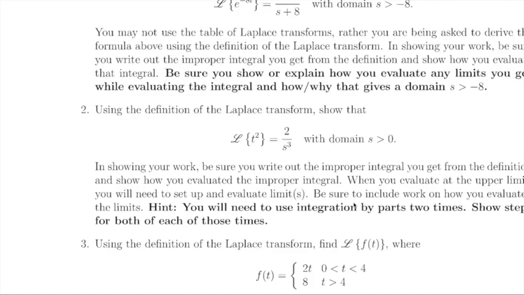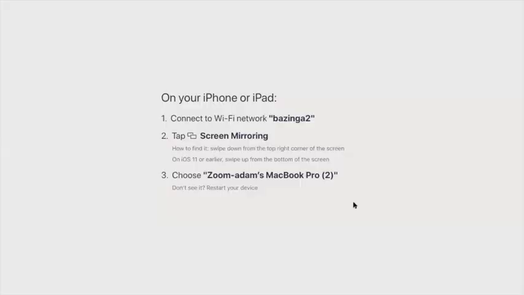So what I noticed, what some people did is they said, okay, if s goes from 0 to 4, then we're just going to take the Laplace transform of this. And if s is bigger than 4, then we're going to take the Laplace transform of that. So that's not the correct way to do this. You're only going to set up one integral. It's just you need to rearrange the limits of your integral